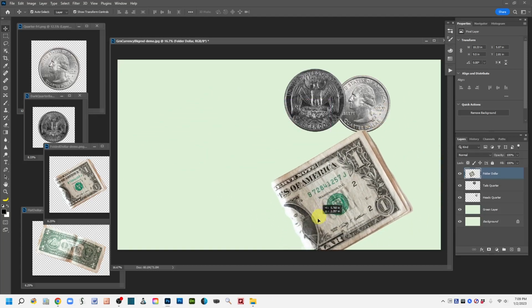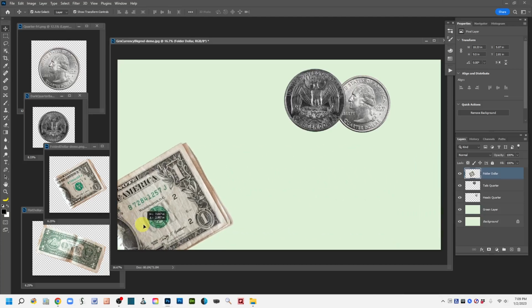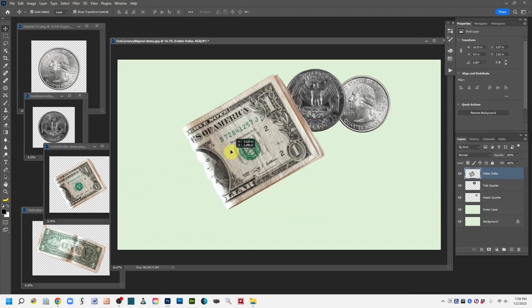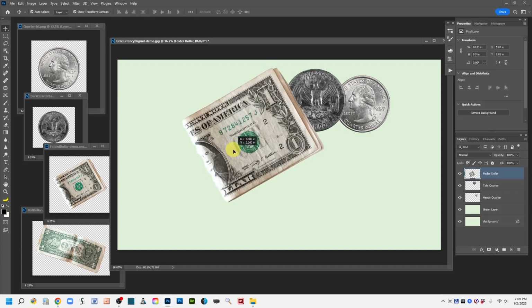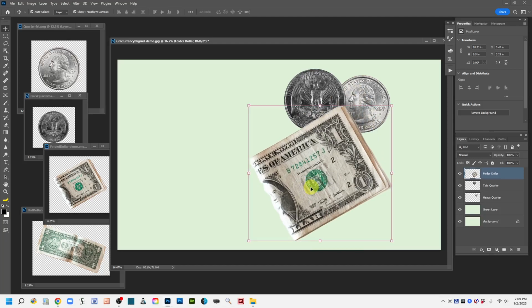Look, you can even, if you want to go for an effect where it's partially off the page, that's fine too. But again, because it's at the top of the layer stack, it's going to cover anything that is below it in the layer stack. And then let's just get this last dollar bill over here. So again, move tool, which is the cross looking icon at the top of the tools bar, is active. Going to left click on the flat dollar bill,